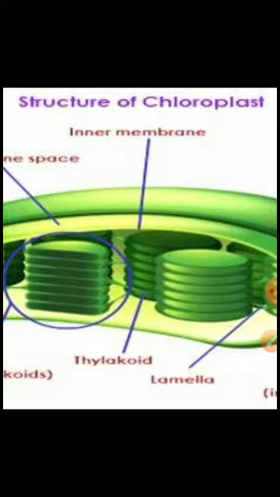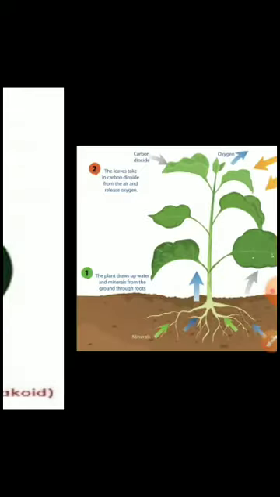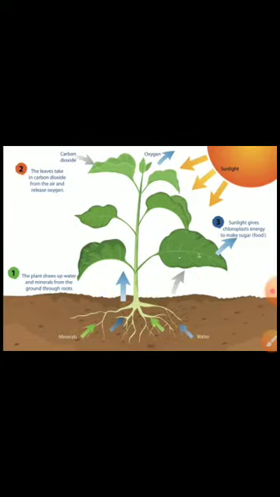My dear students, I have told you about the second type, that is chromoplast. Chromoplast are having different types of the color pigment like xanthophyll and red color pigment, that is lycopene, yellow color pigment, that is xanthophyll, and so on. And third type of the plastid, that is leucoplast, that is found in the roots of the plant body. Therefore, dear students, you have to know this structure of the plastid.